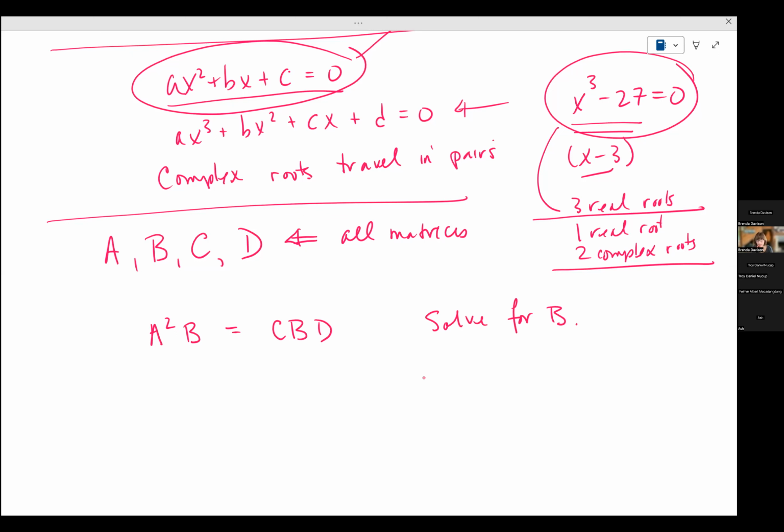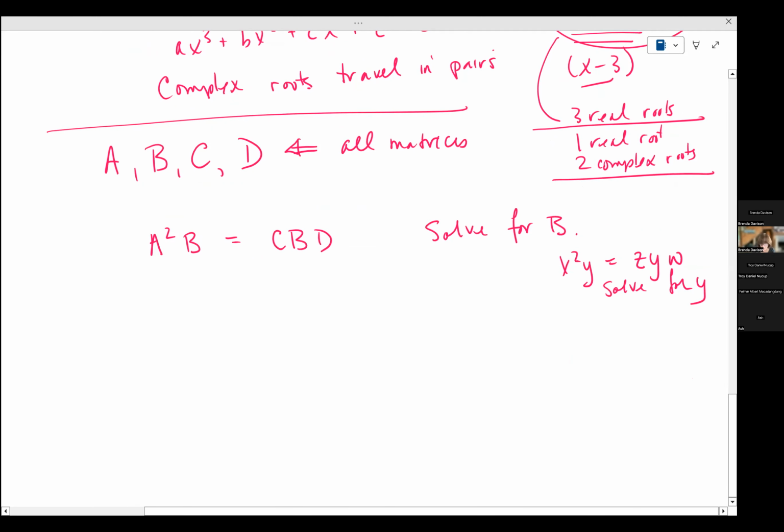Honestly, this is a similar question to something like this. Let's put it into a format that you might be more used to: x squared y is equal to z y w, right? Solve for z. Solve for y. Exactly the same question. Let's look at what we would do here with the numbers. I would move everything with the y. Now I'm doing the equivalent, solve for y. You should see this as the same question,